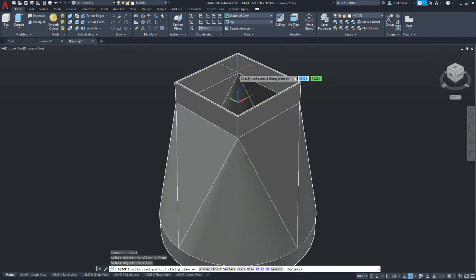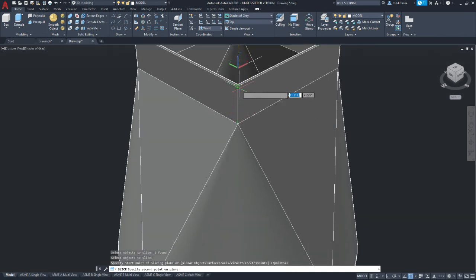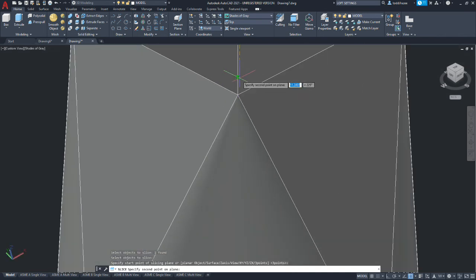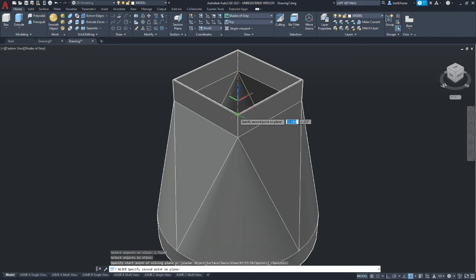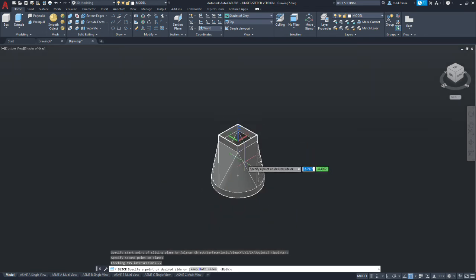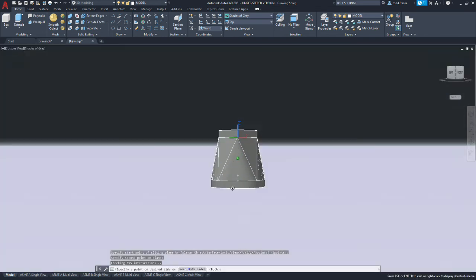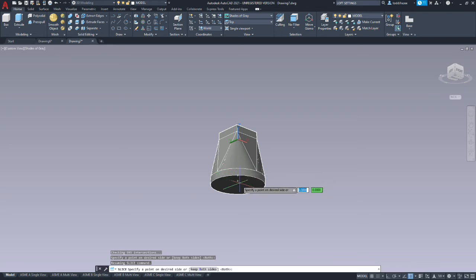I'm going to opt for one of the edges, one of the endpoints on the opposite side, and an endpoint on this side of the box. And then we can pick up on center of our circle. We're going to keep both sides. And now we've split it in half.